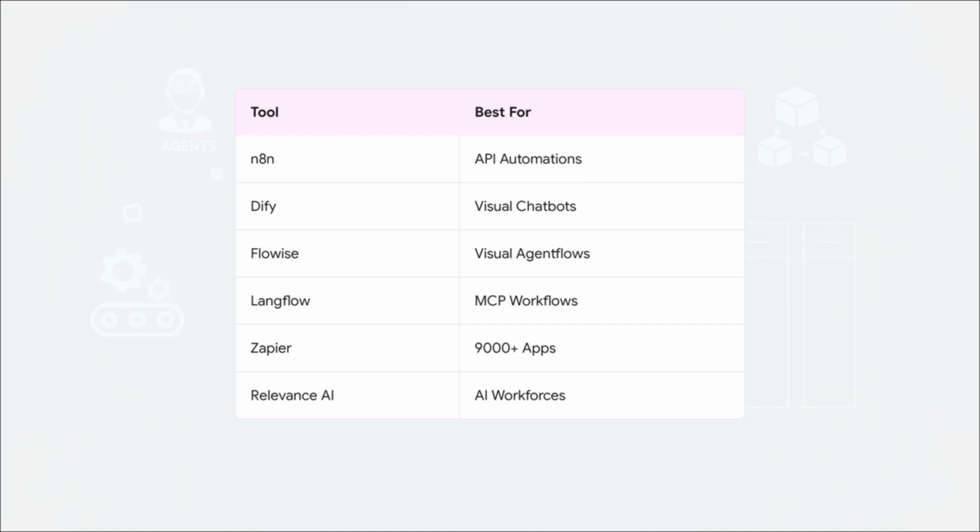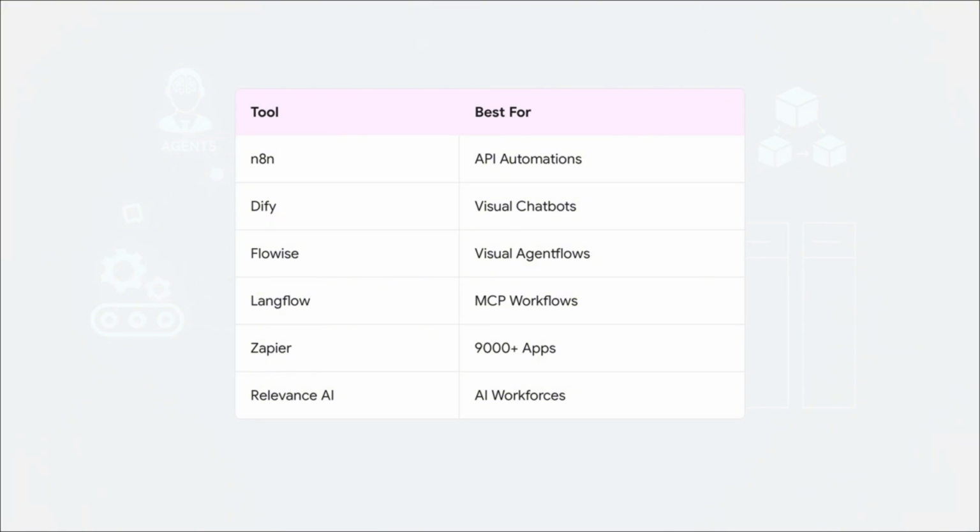What if you need to connect your agent to real-world business apps like Gmail or your CRM? Well, N8N and Zapier agents are absolute game changers. Zapier alone connects to over 9,000 apps using plain English. Oh, and LangFlow is great for MCP workflows, while Relevance AI offers this awesome visual canvas for building out specialized